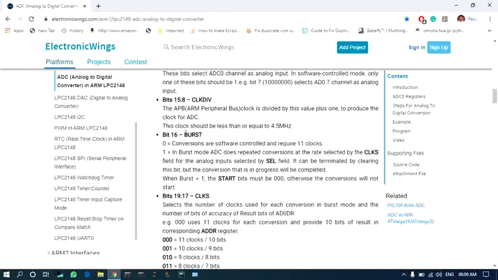So we have the burst bit. 0 implies it is software controlled, whereas 1 implies repeated conversion at the rate selected by clocks. The clocks field gives the rate of conversion depending on the accuracy of output.